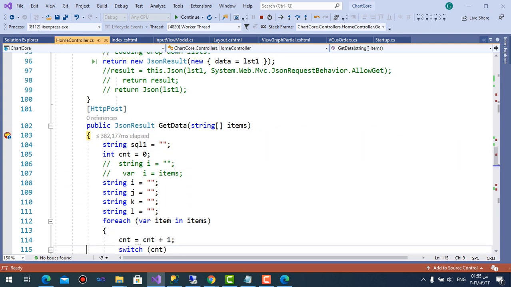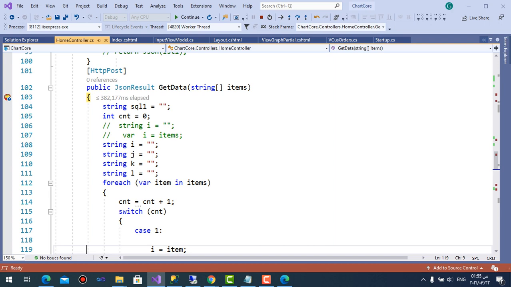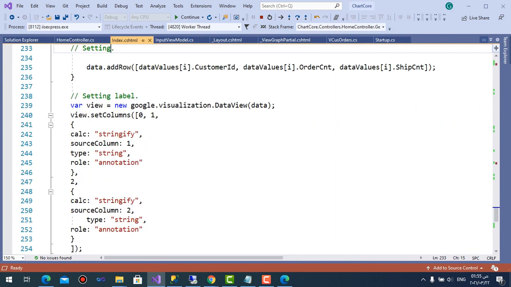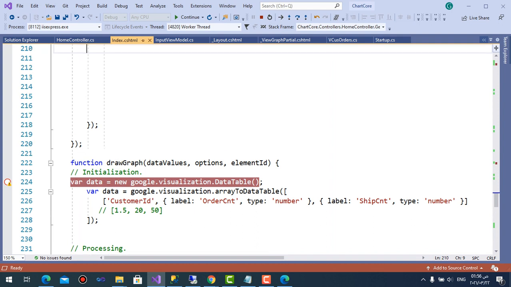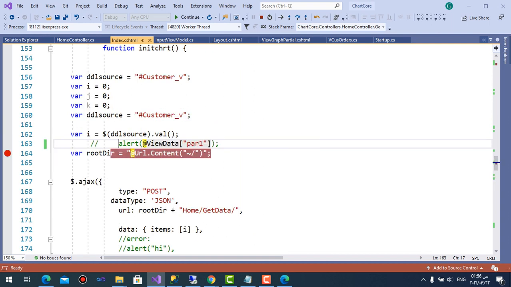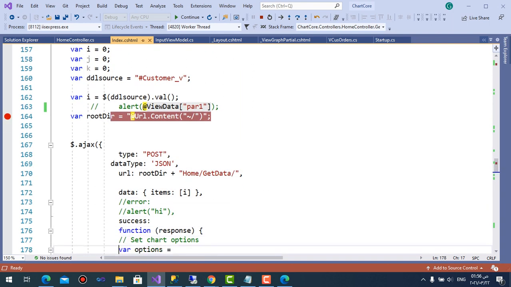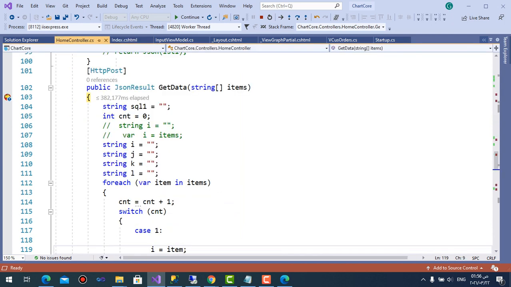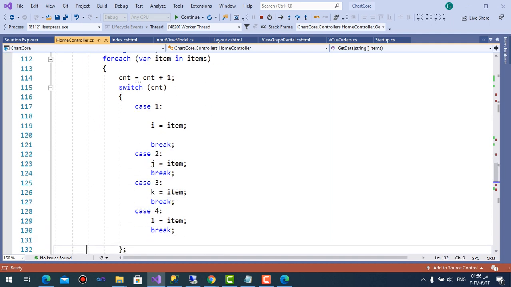As we know, it will pass by the index, and if we switch to the index here, the script button 1 dot click, it will not get from the form the execution. It will go to the init graph, where it will execute through Ajax and go to home get data, as it went here to go home get data. Will execute and filter